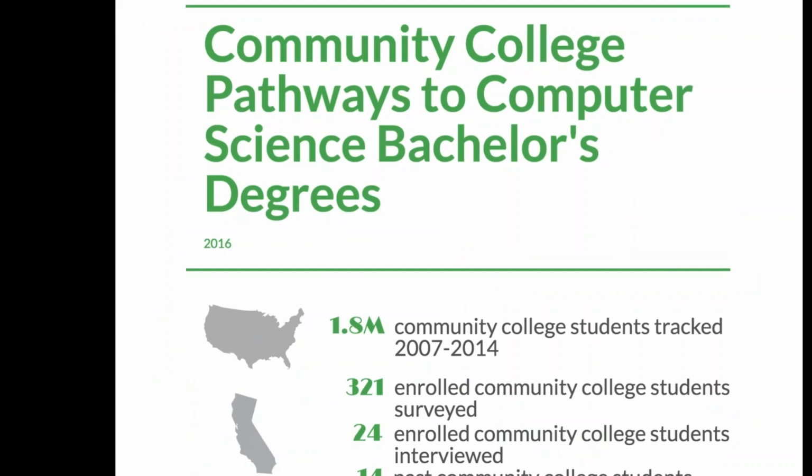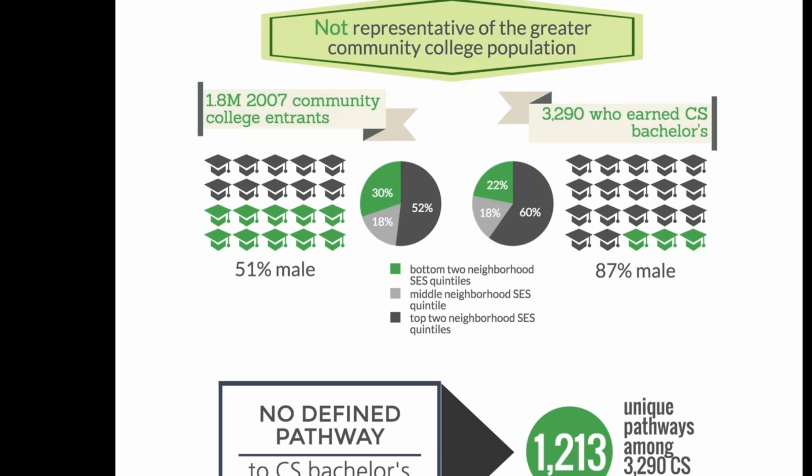This was a study we did for Google. Google has a very varied workforce internationally, but not a very diverse workforce nationally. They're seeing 1.8 million students entering higher education through community college, the largest share of Latinos, the largest share of low-income students, a very high share of Black students, and saying, well, how can we get more students from community colleges into bachelor's degrees? So we did this study for them, which tracked students who started in community college over time, and of 1.8 million students who started community college in 2007, only about 3,300,